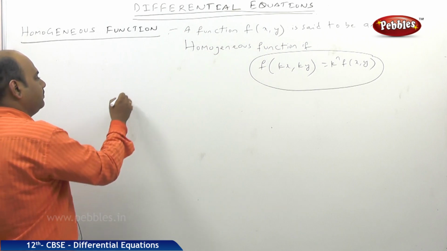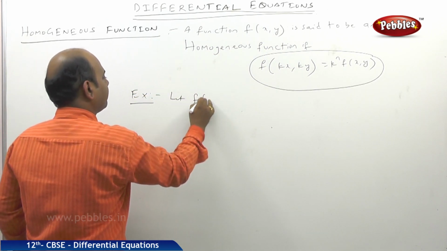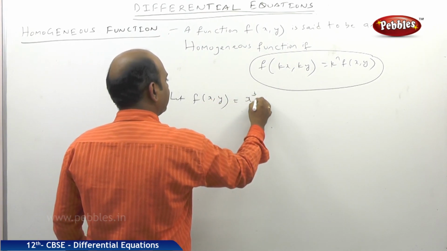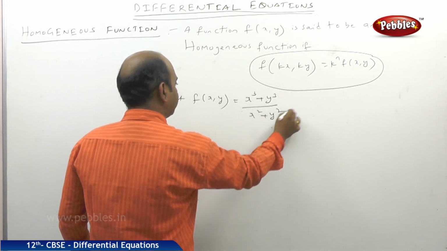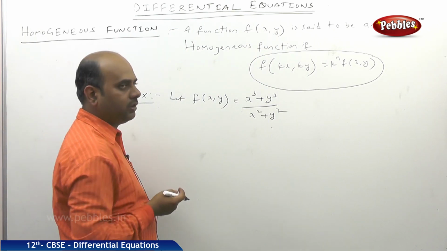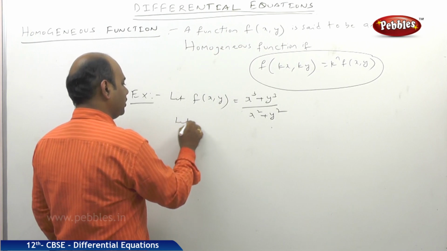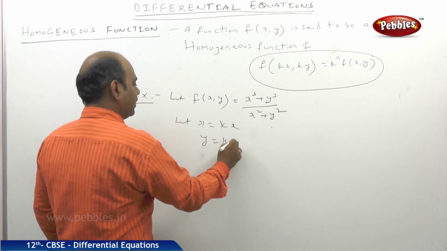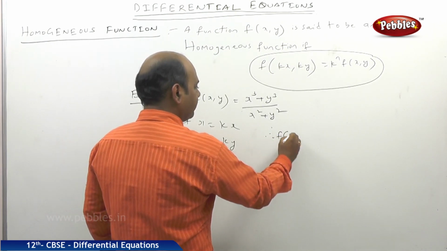For example, let f of x comma y be equal to x cube plus y cube divided by x square plus y square. Now I need to verify whether this is a homogeneous function or not. For this I'll put x as kx and y as ky. So f of